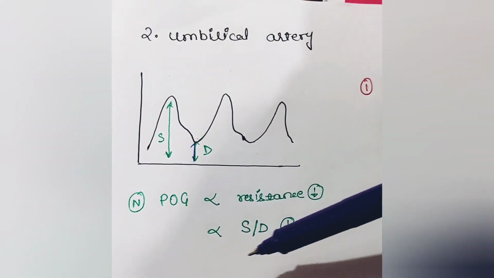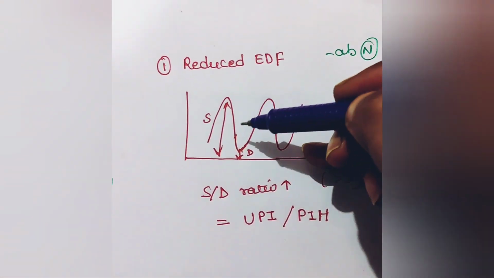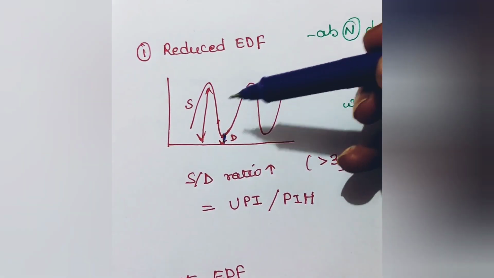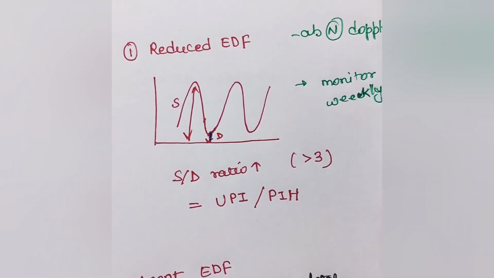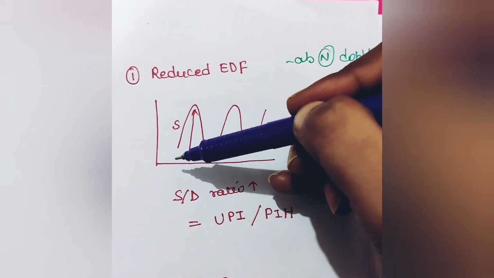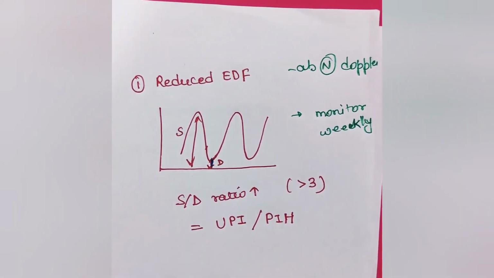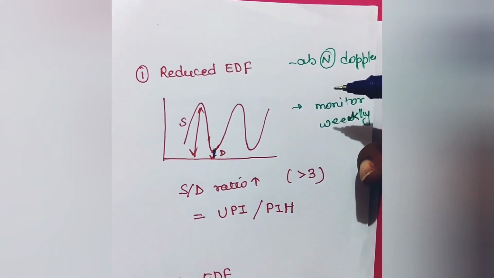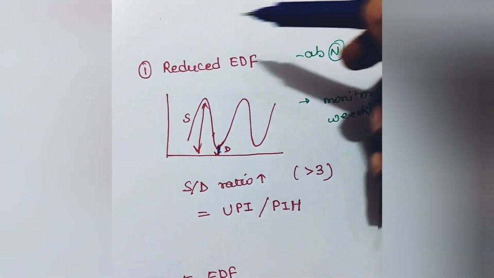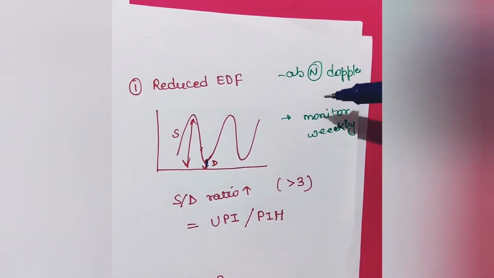So this was normal umbilical artery Doppler. But sometimes there may be reduced end-diastolic flow. In reduced end-diastolic flow, the blood flowing in diastole decreases, so the systolic upon diastolic ratio increases, and when it is more than 3, it is called as significant. The reduced end-diastolic flow denotes uteroplacental insufficiency or pregnancy-induced hypertension. So this abnormal flow pattern needs weekly monitoring by NST or by physical profile to decide the time of delivery. So if we get this type of flow pattern, we will weekly monitor by Doppler.